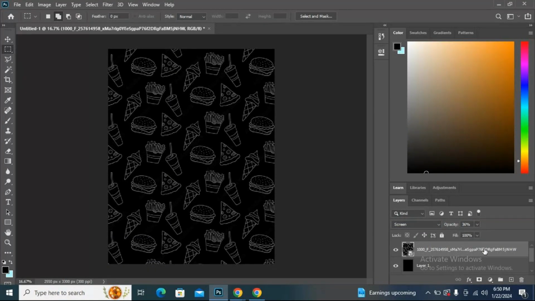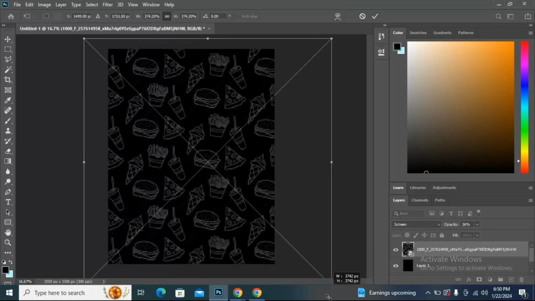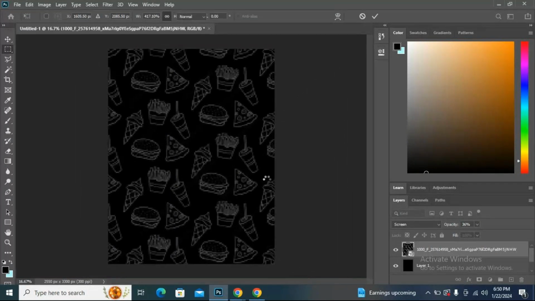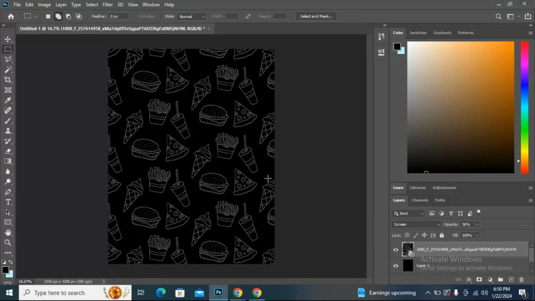Now this is enough for me, and this is enough for background texturing. After this, I'm taking